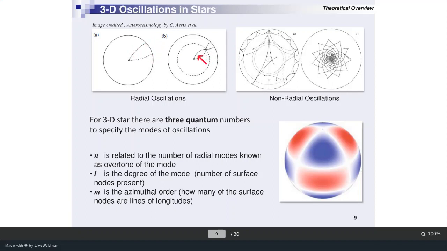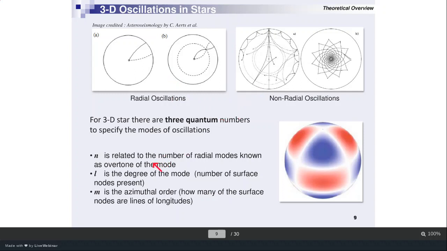And then you can see the next standing wave pattern. There's one shell, the layer, where there is one possibility of making another node. This is definitely an antinode. So these are radial standing wave patterns. But if you look at this diagram, they are non-radial standing wave patterns. So therefore, we have radial and non-radial oscillations. If you look at these two characteristics, stars actually oscillate in both radial and non-radial oscillation modes.